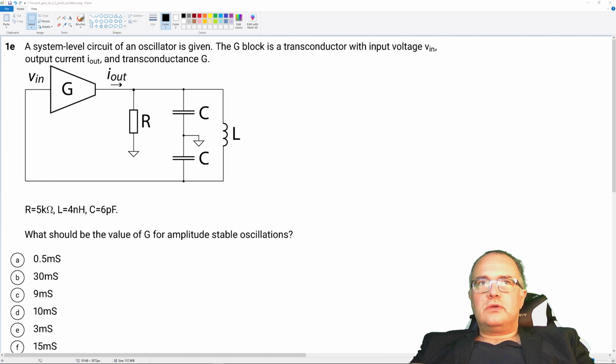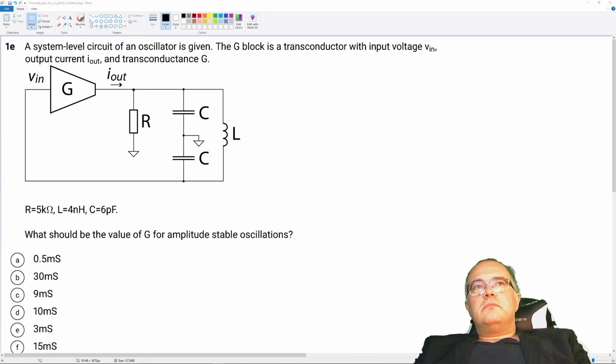Hi, my name is Georgi Radov, and a system level circuit of an oscillator is given. The G block is a transconductor with input voltage V in and output current I out and transconductance G. The parameters of the circuit are given, and the question is what should be the value of G for amplitude-stable